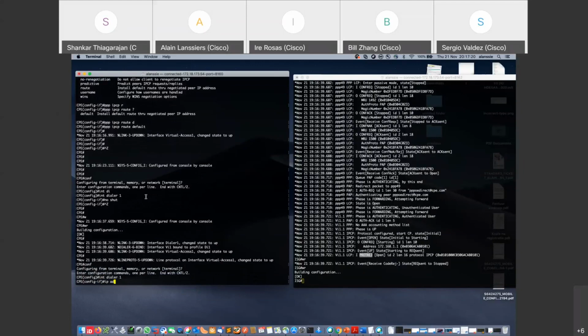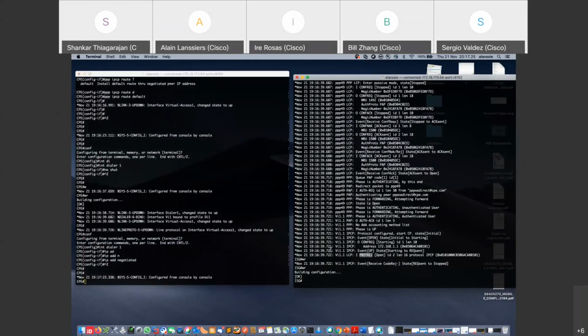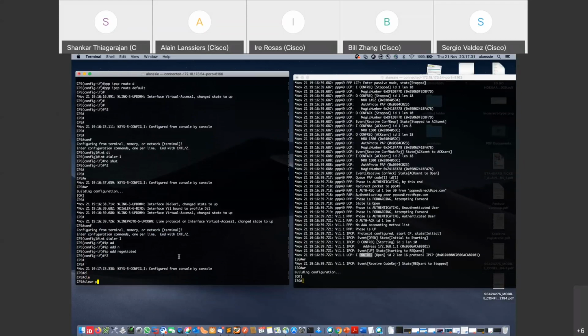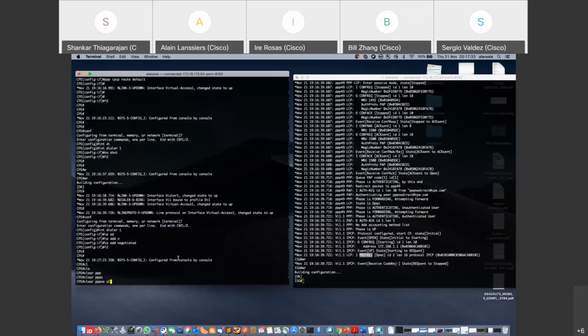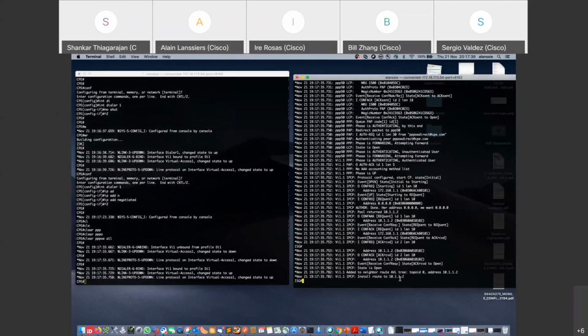IP address negotiated. Voila. Should be now just clearing the VRF session and restarting once more. Don't do clear PPPoE all on the ISG. Here you see that he actually changed the address. It took the next one in the pool. From the point of view of negotiation, we have pretty much the same, except obviously that he's now using 10.1.1.2 instead of 10.1.1.1. But if I now do show IP route